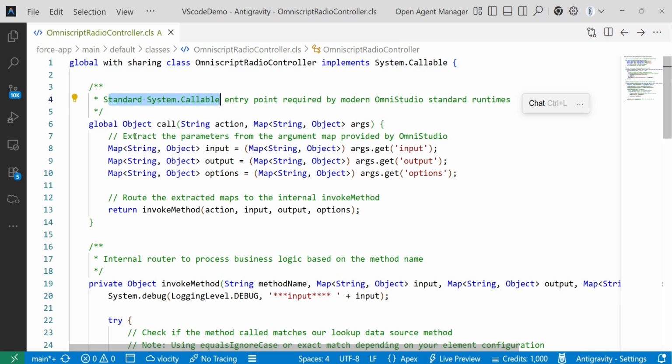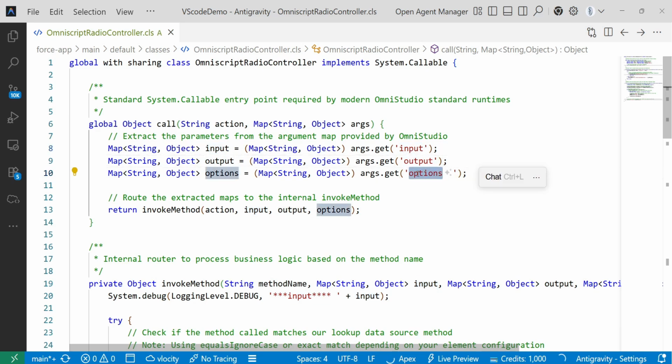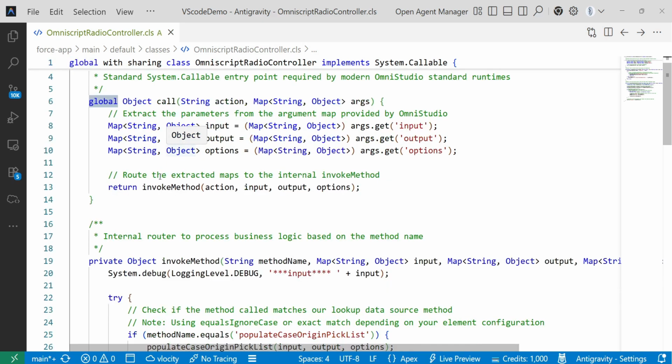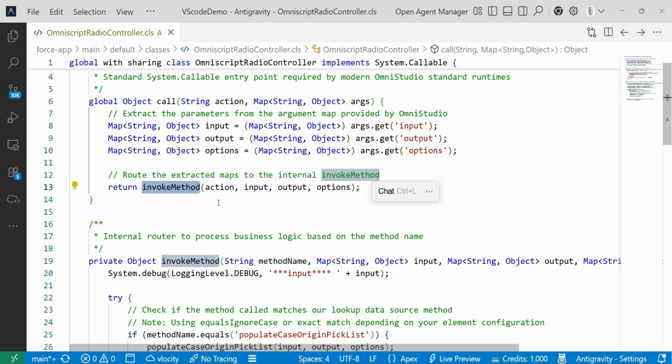right? So it extracts all the parameters. So we are going to provide from the OmniScript level the input, output and options. So this needs to be configured, extracting the parameters from the argument map provided by the OmniScripts, right? So now we are going to use the invoke method. This syntax is really the same as earlier, and we just need to declare the class as global always, so that it can be global with sharing, so that it can be invoked across the OmniStudio tools. And we just need to return this invoke method, right? So it is boolean true or false, and the action, input, output, options will be the parameters,